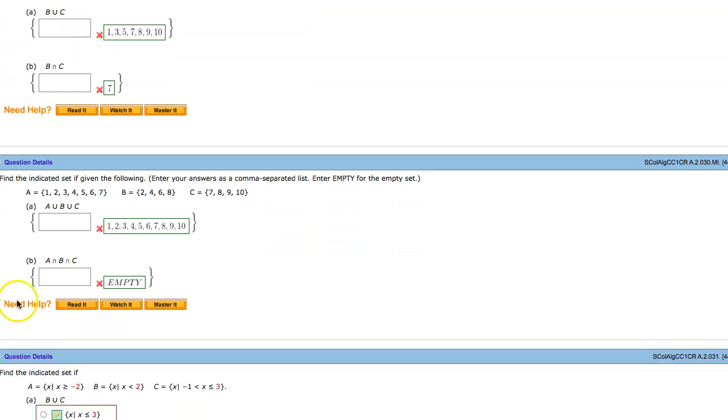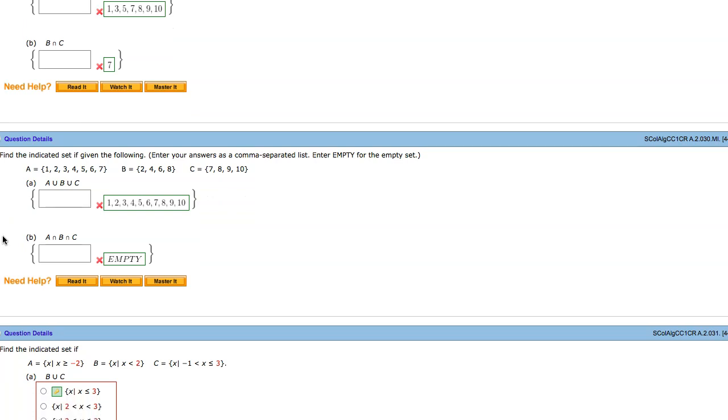Now, intersection. Guys, sometimes intersections are empty. Sometimes sets have nothing in common and you don't have an intersection. It's empty. Like, that happens. Union will never be empty unless all the sets themselves are empty. Now, intersection,